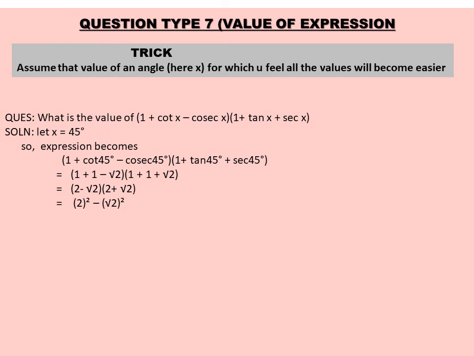The formula is a plus b, a minus b, so it will be a square minus b square. So it will be 4 minus 2, that will become 2. So the answer will be 2. It is a simple way of doing this question. Or another way is to solve both the brackets, open them, and then cancel out and you'll get the answer 2 again. But in your competitive exams, you don't have so much time, so just use this trick. When you see tan, you just replace the value of x by 45 degrees, right?